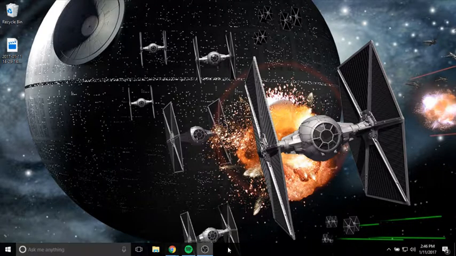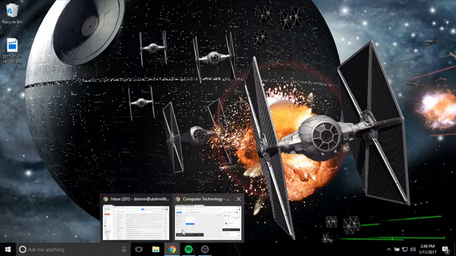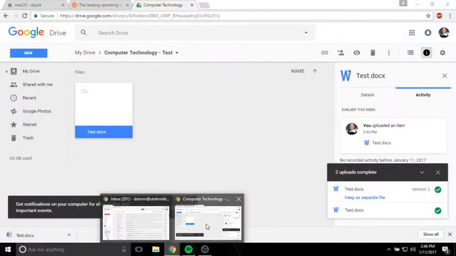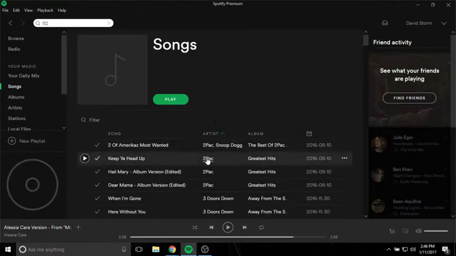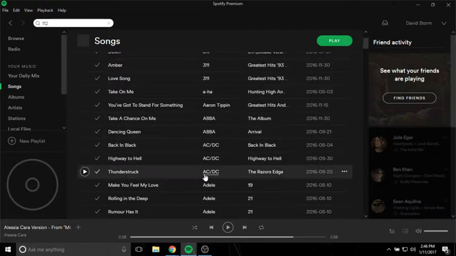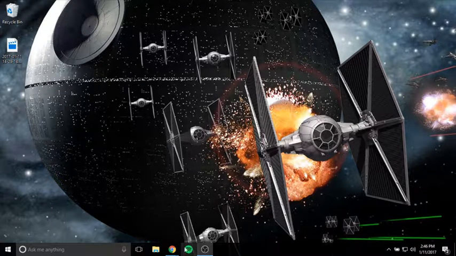Down here you have your taskbar. I can see what applications are available to me just by clicking on the item in the taskbar. So I have one tab that I have open and another tab that I have open, and if I hover over them, they'll snap into focus, and I can see what's in those files, or in those application tabs. I can click on a new application that's running. I can even close this out, and because I've pinned Spotify to my taskbar,